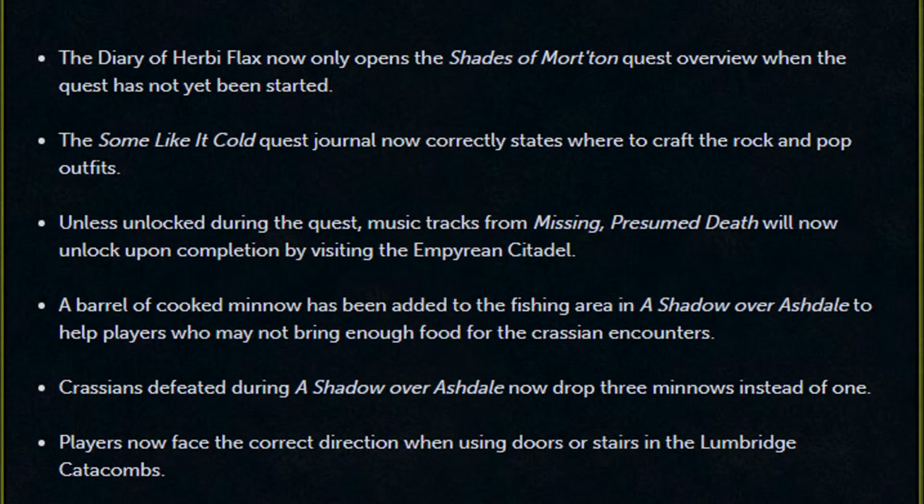The Diary of Irby Flax now only opens the Shades of Mortton quest overview when the quest has not yet been started. The Some Like It Cold quest journal now correctly states where to craft the rock and pop outfits. Unless unlocked during the quest, music tracks from Missing Presumed Death will now unlock upon completion by visiting the Imperium Citadel. A barrel of cooked minnow has been added to the fishing area in A Shadow over Ashdale to help